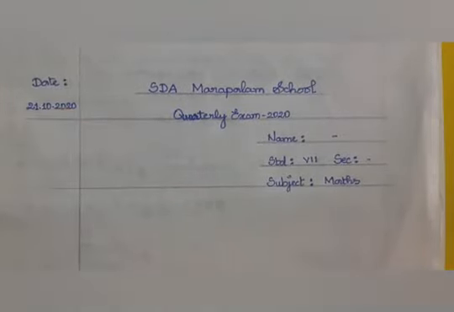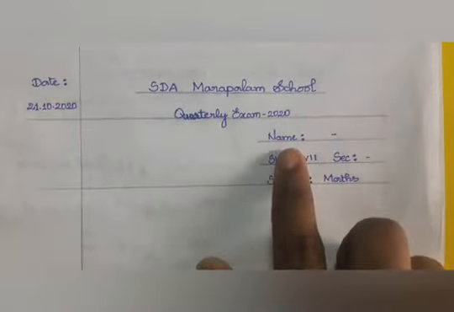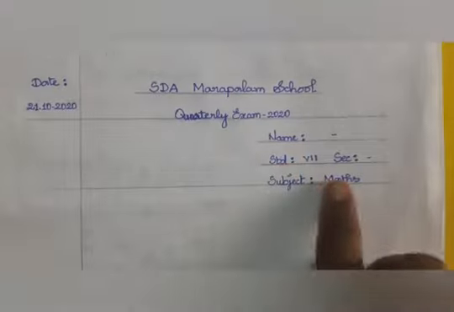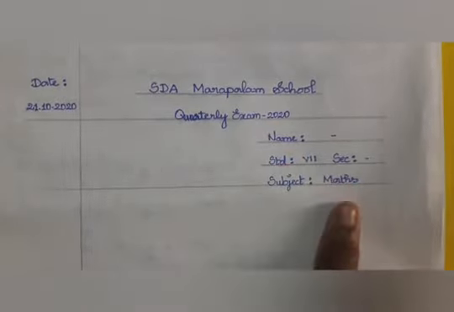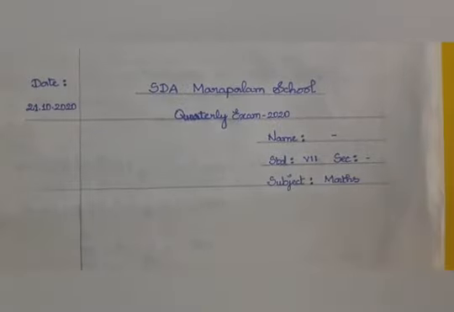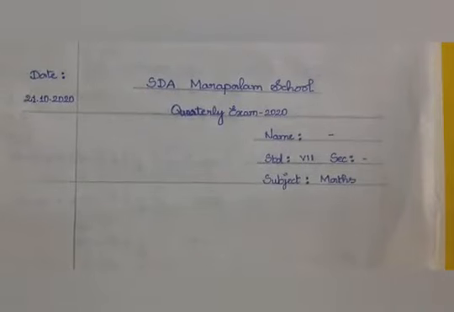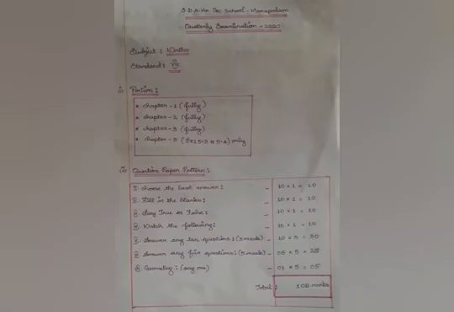because today evening you'll be writing your maths exam, right? So in the right side corner you have to write name, standard, section, subject, maths. Here write your name and your section. Clear? So in each page you have to draw this margin without fail. Go through the question paper pattern and the portion properly and prepare well.